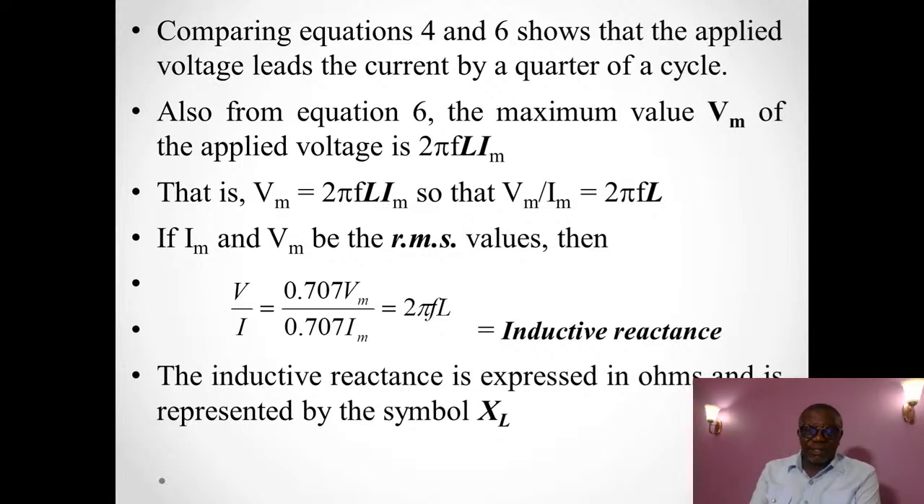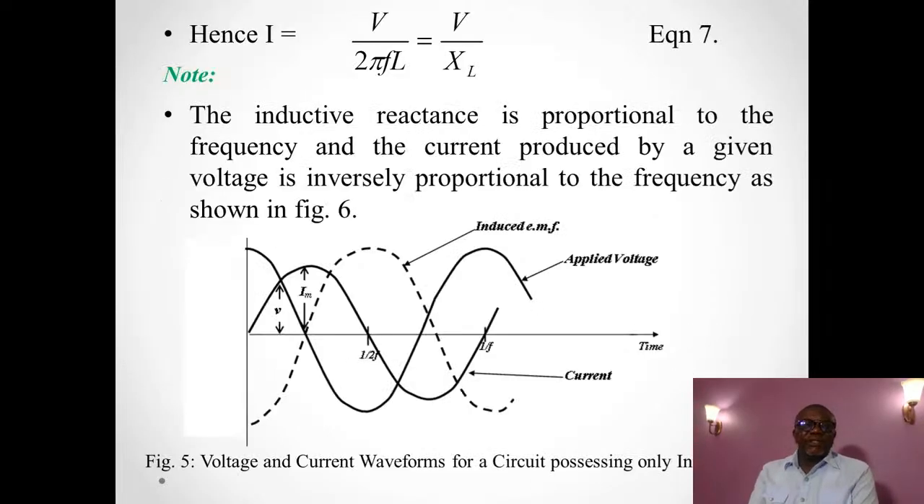Capital X subscript capital L. We call it the inductive reactance. So we now say that hence I will be equal to V over R, which is what we have known from our Ohm's law. In this case now, our R, that is the resistance in the circuit, is 2 pi FL. So our I will be equal to V over 2 pi FL, which is equal to V over XL,